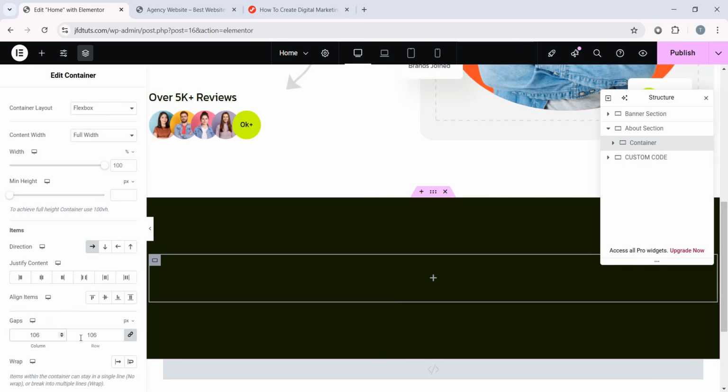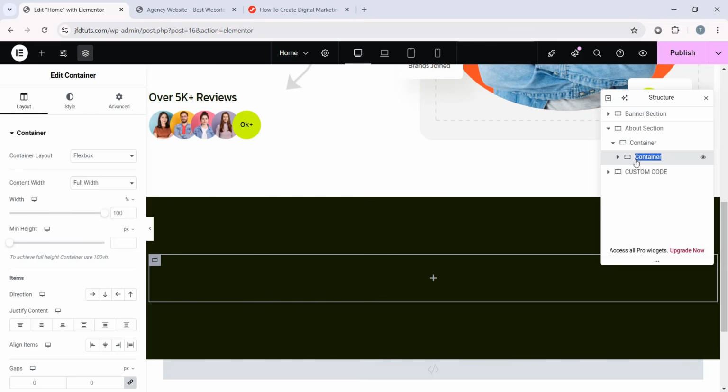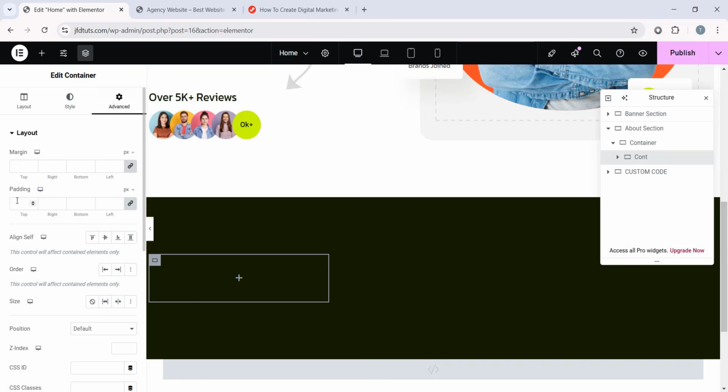So this container will just add some gaps, and you will notice the gap once we start to add items inside. So just keep the gaps here. Now inside this container, let's add one more container, and I'm gonna rename this one shortly cont, and make this full width. Then let's make the width 380 pixel, and in the advanced mode I wanted to make the padding